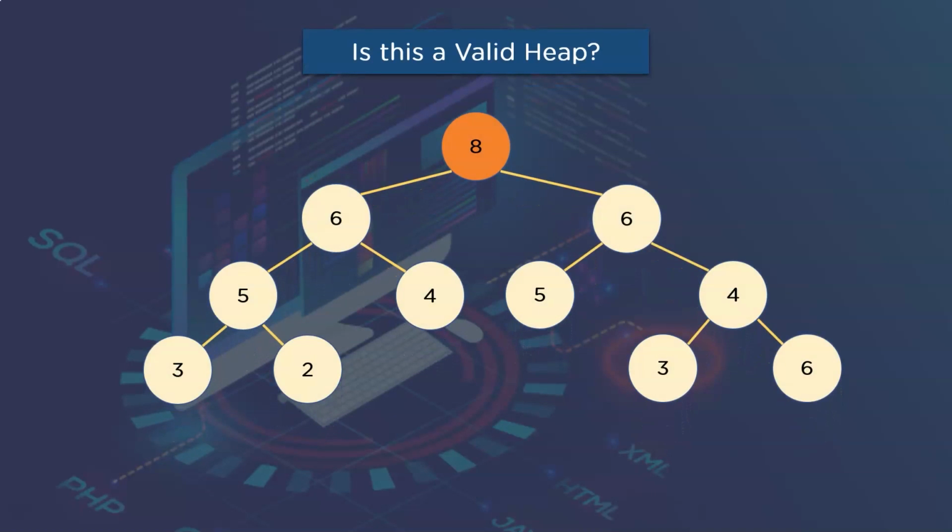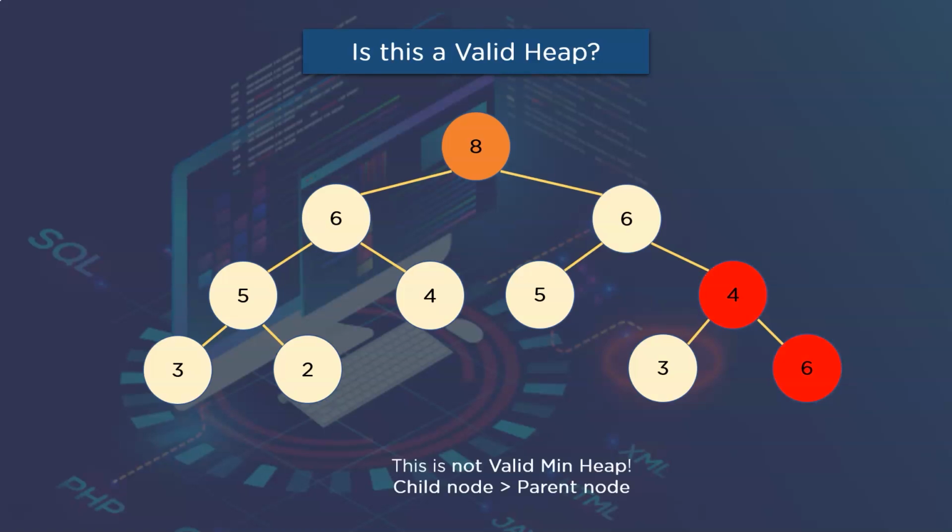Okay, so you can see a tree-like structure on your screen and we are supposed to check whether it is a valid heap data structure or not. But actually, here I would like you all to give it a try by yourselves. You can also pause this video if you want, but here I will provide you with a short moment to inspect this structure. Alright, I can clearly say that this is not a valid heap data structure. As you can observe, the highlighted part is violating the heap invariant.